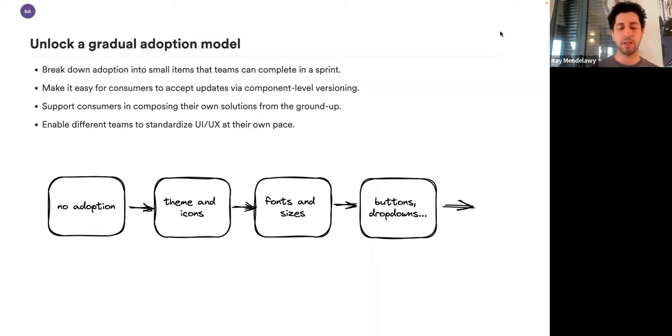So this way I can compose my own unique solution that solves my own unique use case, and I don't really have to wait until the design system builds something similar.